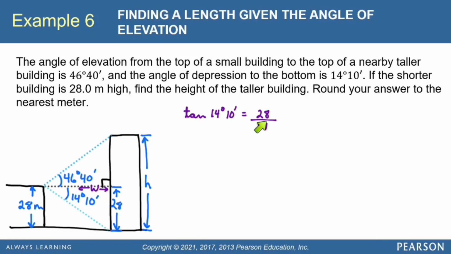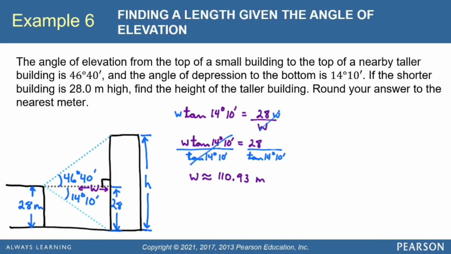So we've got to get that variable out of the denominator. Let's multiply both sides by W, and the W's divide out from the right side, and it leaves us with W times the tangent of 14 degrees and 10 minutes equals 28. Now we want to isolate this W, so let's divide both sides by that tangent value, and the tangents divide out from the left side, and this is what you'll put in your calculator. W equals 28 divided by the tangent of 14 degrees and 10 minutes, and that gives you W is approximately